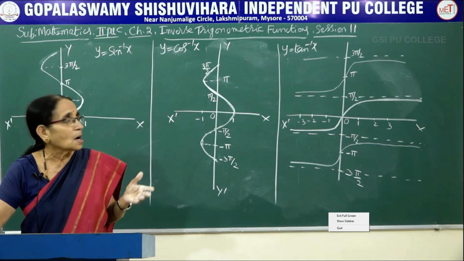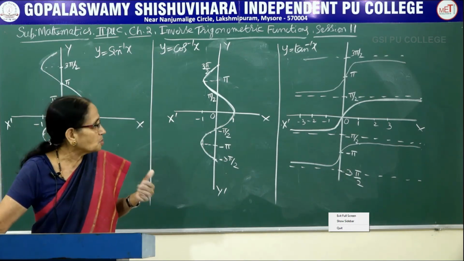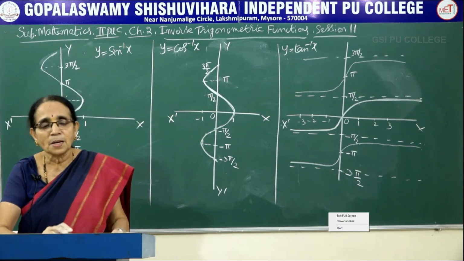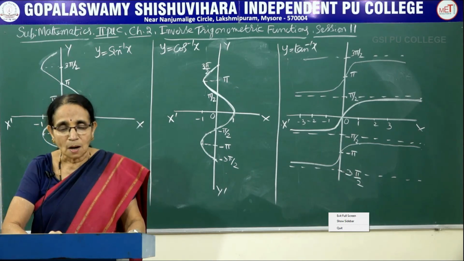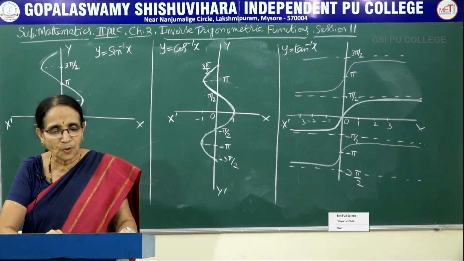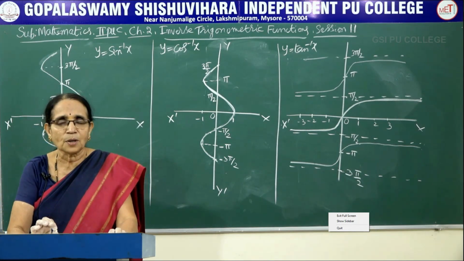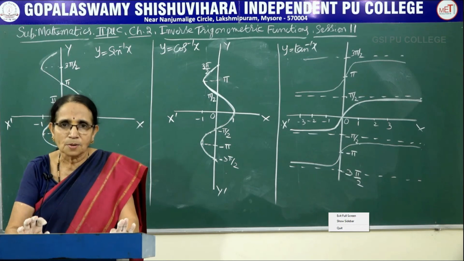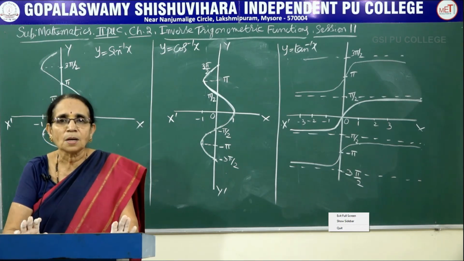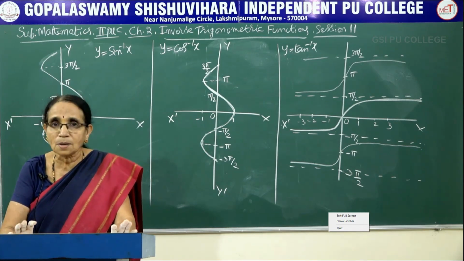Similarly, we can draw the graphs of the other three functions also, like secant inverse x, cosecant inverse x, and also cot inverse x. Now this completes all types of problems in this particular chapter, chapter 2, inverse trigonometric functions. We started with the definition of inverse trigonometric functions, the definition of the principal value, and using the properties, there are 5 sets of properties here. In each set they give different results.